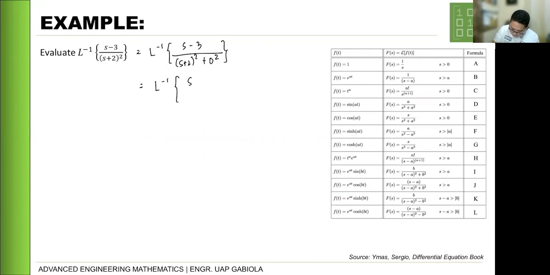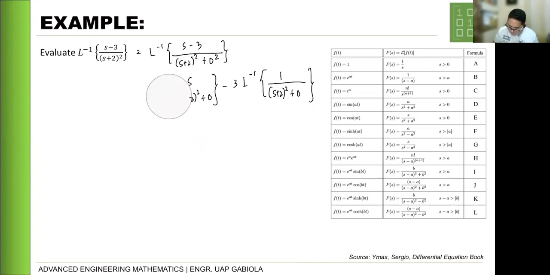Okay, so S over S plus 2 squared plus 0 minus 3 L negative 1 of 1 over S plus 2 squared plus 0. Okay, pero this is a bit confusing. So let me try to change it